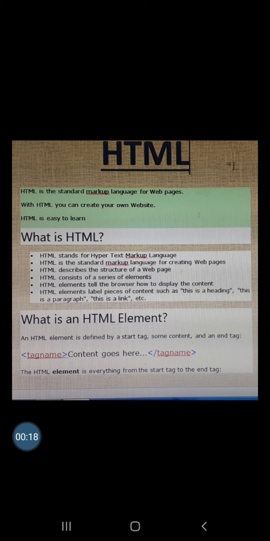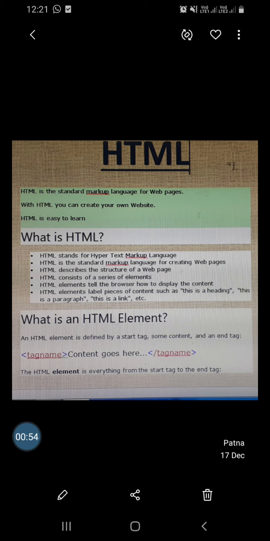Let us discuss what is HTML. According to the term HTML, you can see that HTML stands for Hypertext Markup Language. HTML is the standard markup language for web pages. HTML is used to create your website and is very easy to learn. Here the hypertext can be a link, markup can be a tag where the text should be enclosed within the angle brackets, and language is used to develop the web pages.